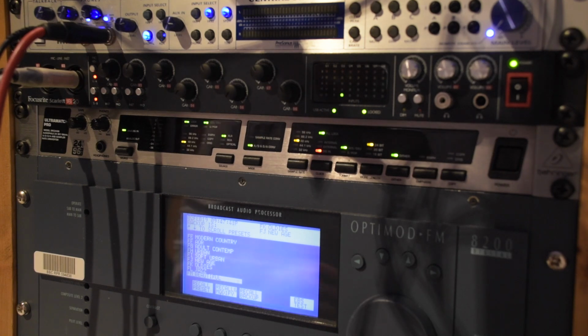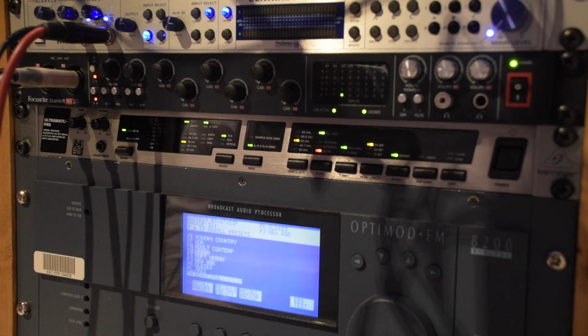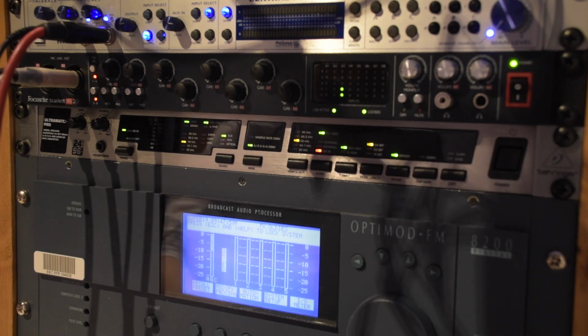Hello, so this is the Optimod that is currently for sale on my eBay account. It's an Optimod FM 8200 digital made by Orban, and it's a 5-band, multi-band broadcast processor, essentially. It's got a few other little knickknacks built into it as well. So when you first power on the unit, you'll be greeted, I believe, with this screen, and there's a good